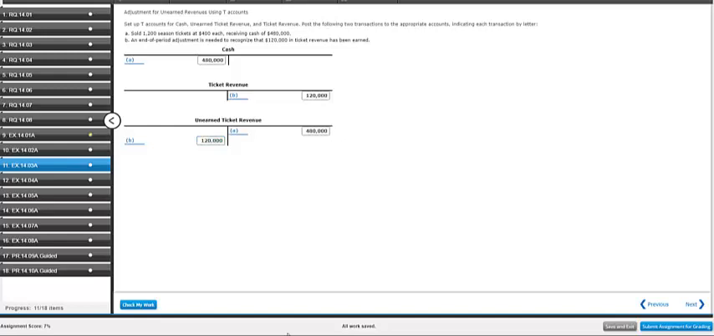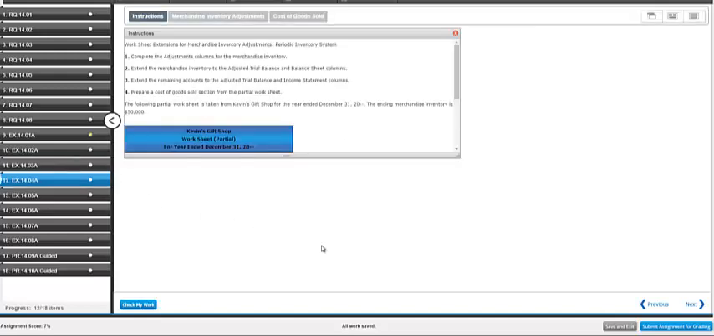So for unearned revenue, you're going to have to know two entries. The first is for the collection of the unearned revenue where the sale occurred, and then the second one is to adjust it at year end. Okay, let's look at